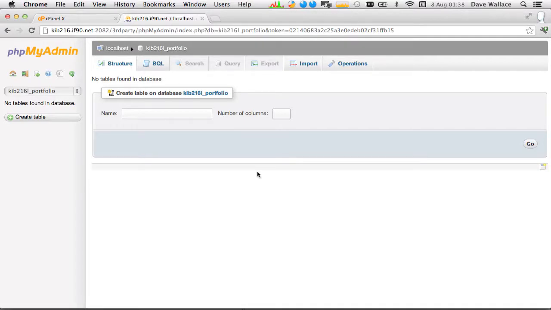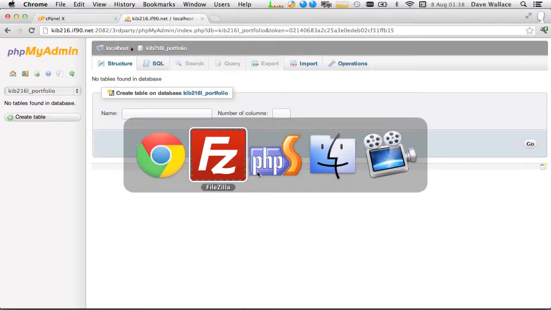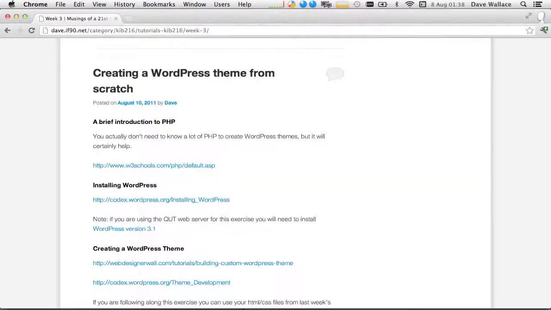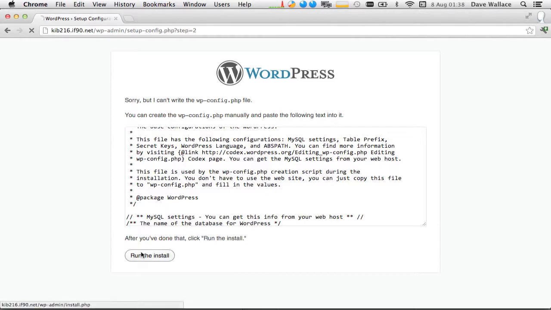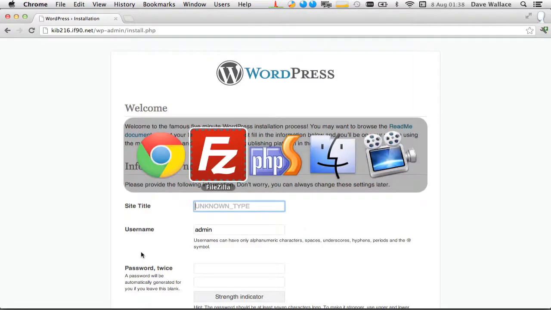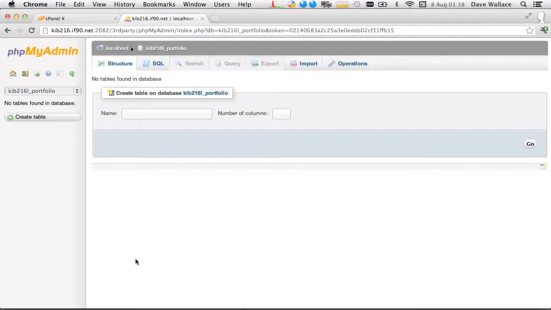So the good thing about WordPress is we don't have to set up the database manually ourselves. As soon as I click this run install, it's going to do some PHP stuff to create all of the tables in the database that it needs. So you don't necessarily have to worry about coming in and doing anything with Phpmyadmin. I'm just showing you this to show you that it's empty now. And when I hit this run install after I've set up my configuration, okay, WordPress will do its thing behind the scenes. And now if I were to refresh this,